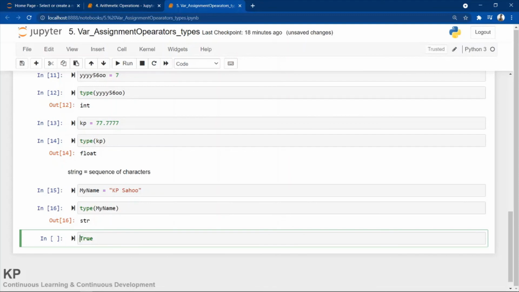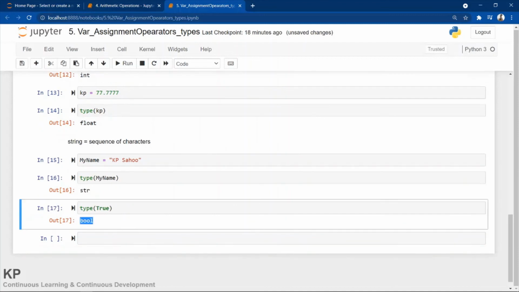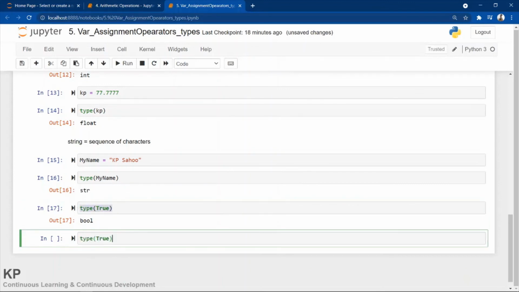Let me see the type. Okay, spelling mistake, type. See, it's giving bool, meaning boolean type. Similarly for false, let me copy and paste it here.